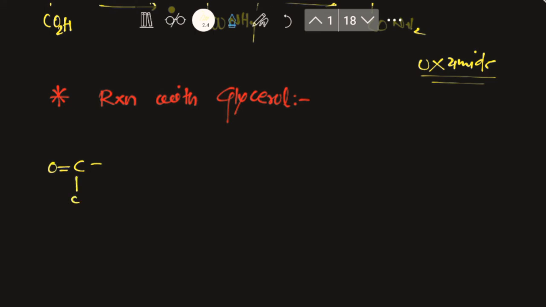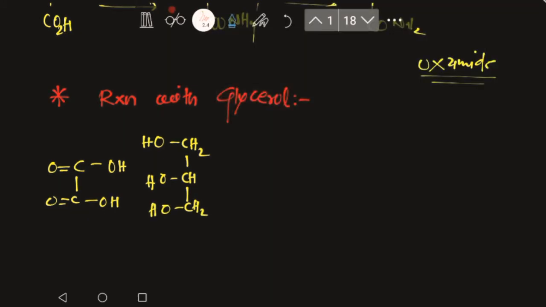So CO, OH and OH. You know that glycerol is a trihydroxy compound. This is CH, OH, and here this is CH2 and OH. Now look at this one. This type of reaction is a simple dehydration reaction where water gets eliminated at high temperature, because we are using a temperature of 230 degrees Celsius. So here two water molecules will get eliminated like this, and I will show you how this water molecule will be freed.